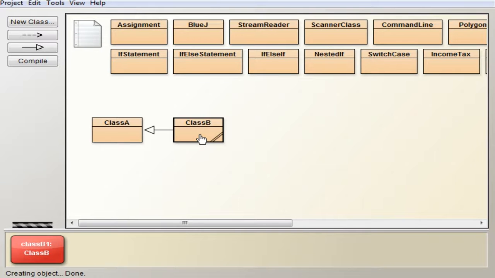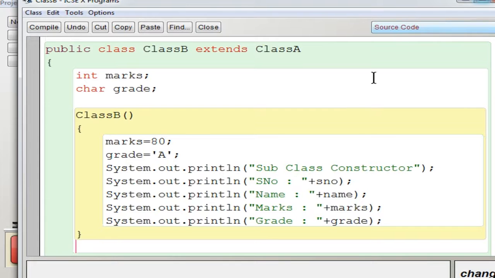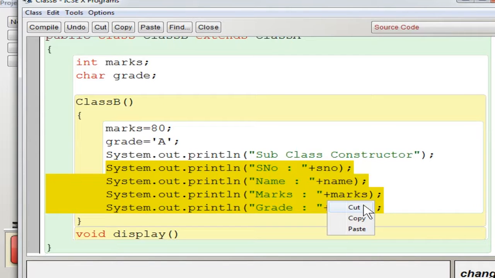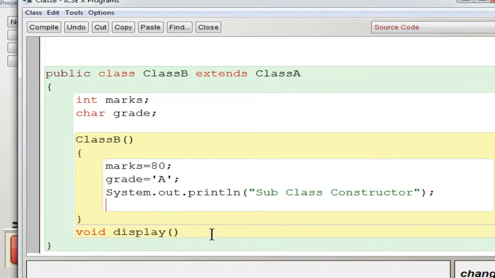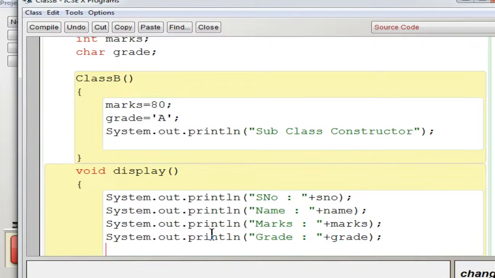Suppose we are going to use some other techniques here. I want to use a separate method where I can display the output statement. So I have to create a separate method, void display, and then just copy all these, open bracket and close the method.